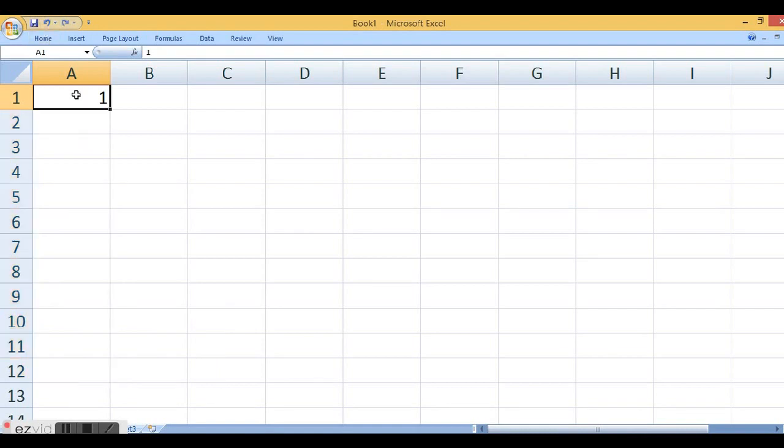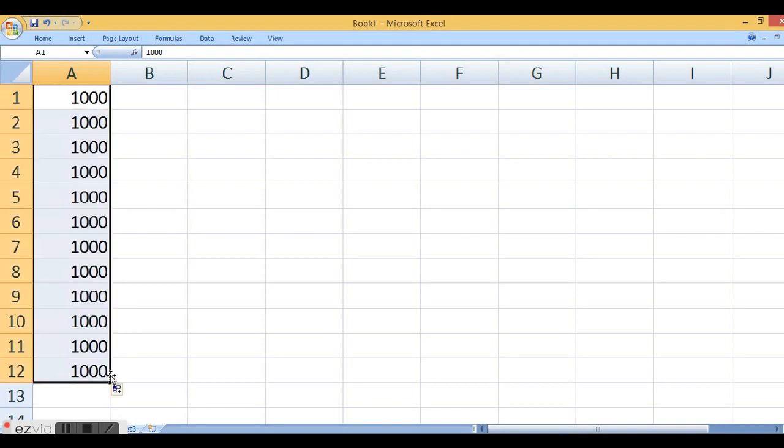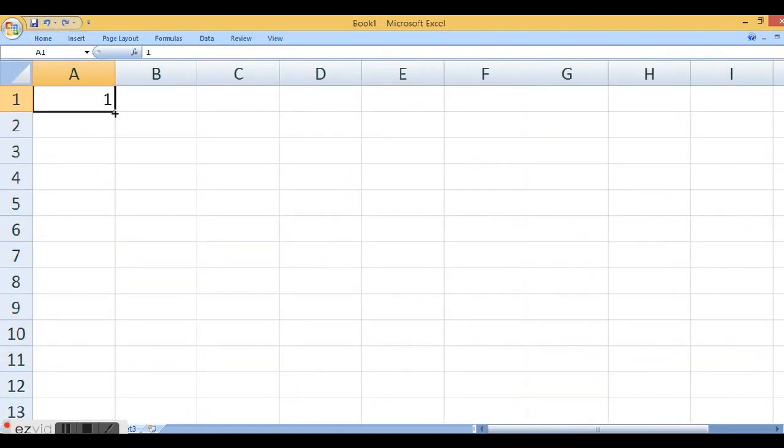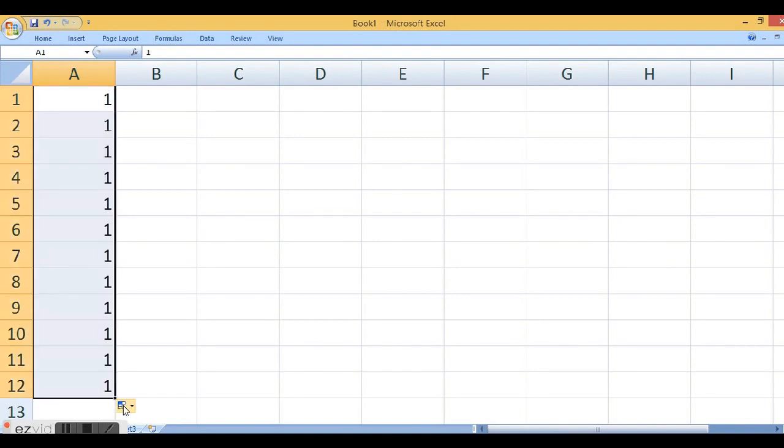Once again, I am going to enter another number, drag down to 12, select fill series, and it fills the data. If you don't want that, choose copy cells, so we can go back. Okay, I am going to fill 12, fill series, it's filled.